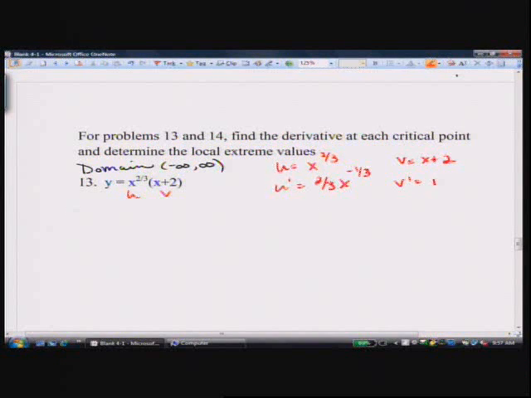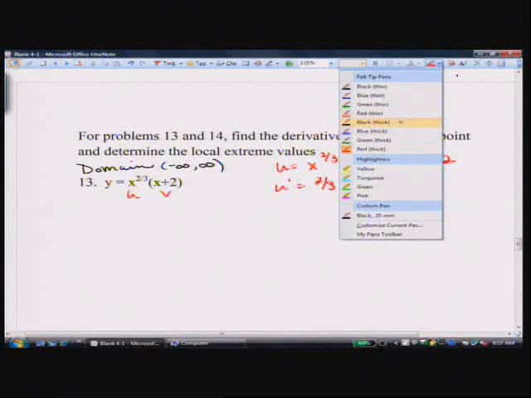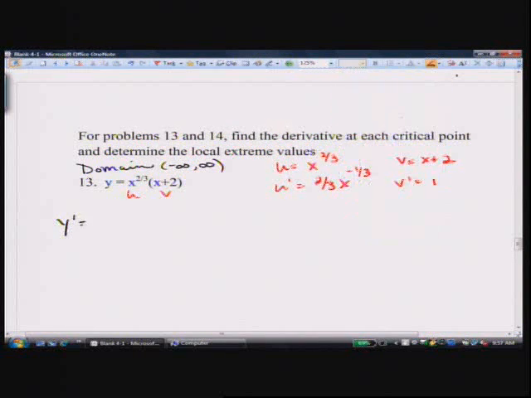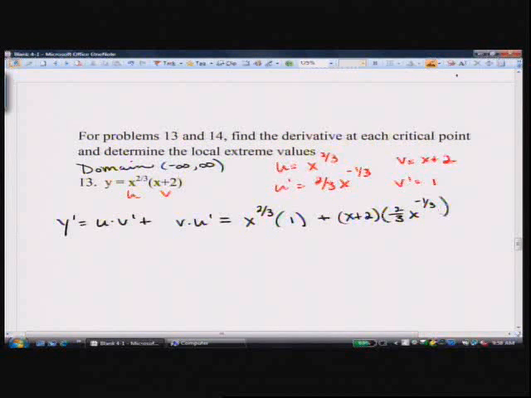Okay, and so our product rule is u times v prime plus v times u prime. So y prime is equal to u times v prime plus v times u prime, which is going to be x to the 2/3 times 1 plus x plus 2 times 2/3 x to the -1/3,